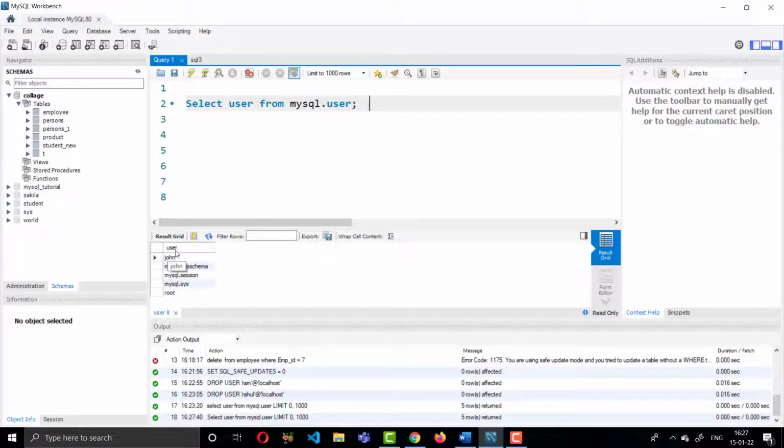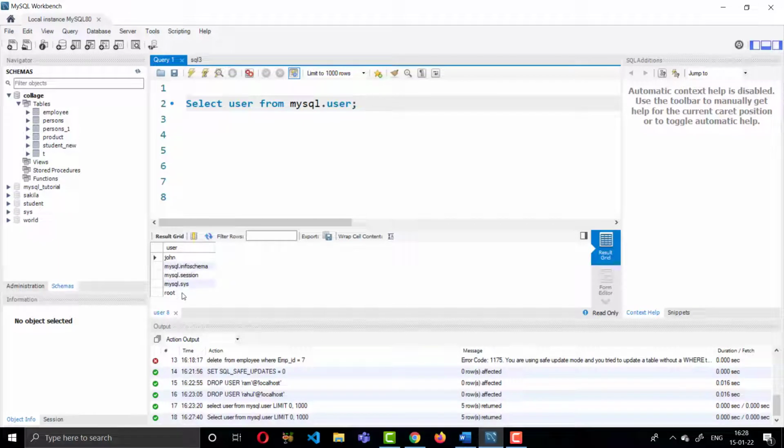In the user column there are mysql.infoschema, mysql.session, mysql.sys and root. So by default four users are available. I have already added one user, John.